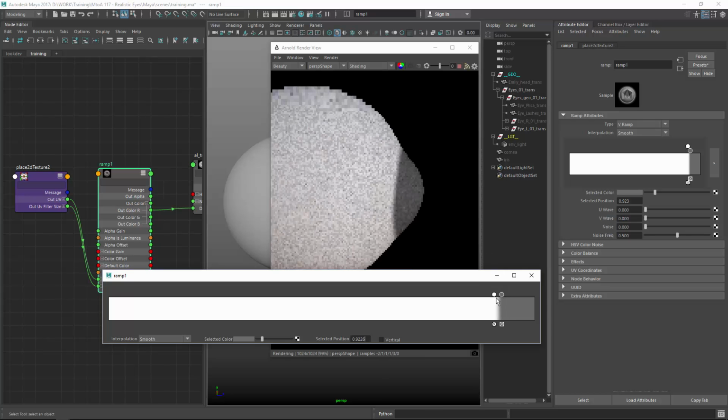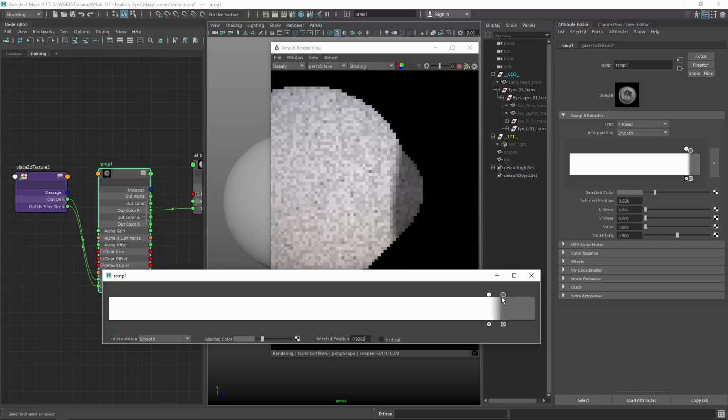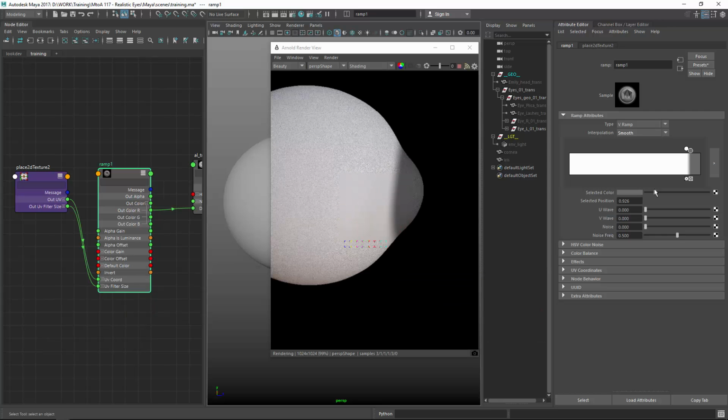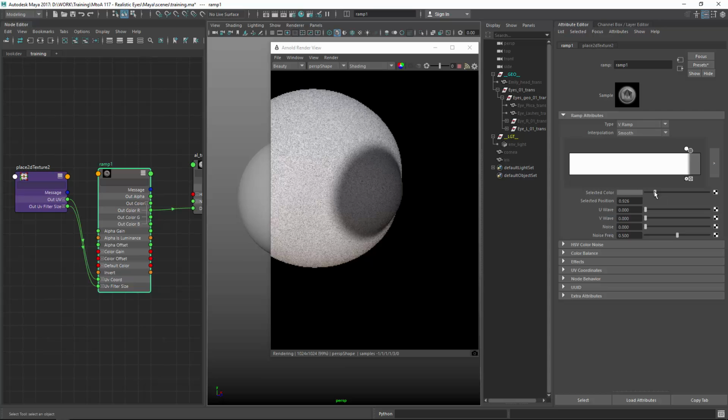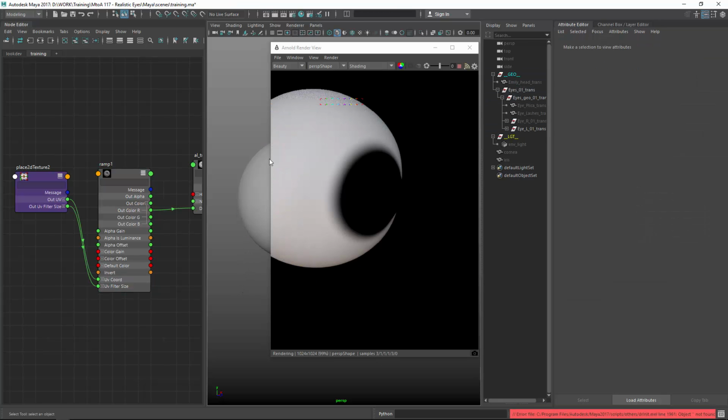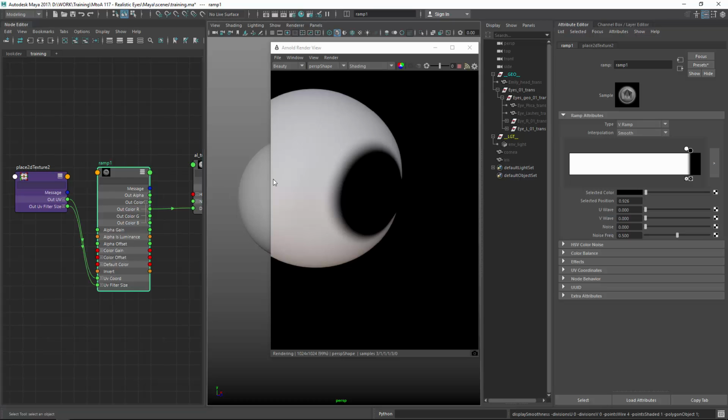Okay, so let's just see. I will possibly tweak it as we go, but this is currently what I think is good. So no diffuse in the front, only in the back. And the next thing I want to do is connect the same map, only inverted,